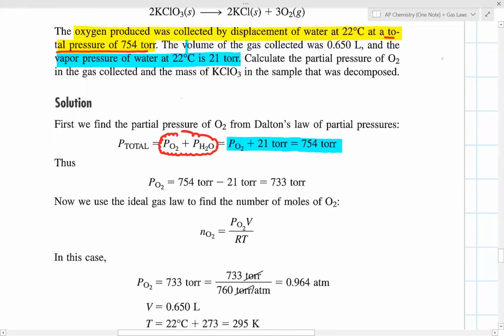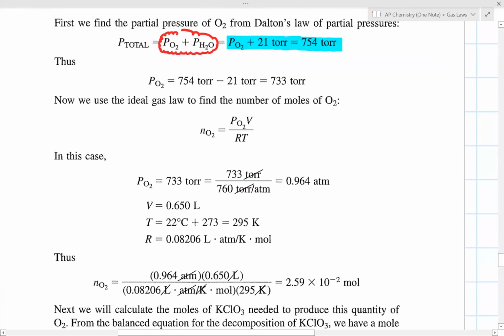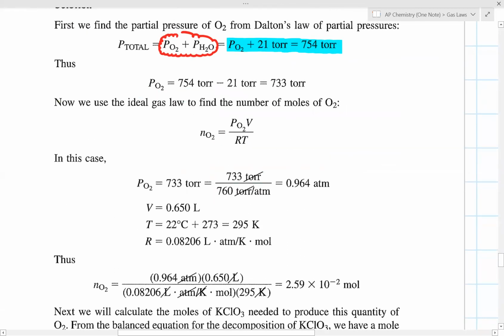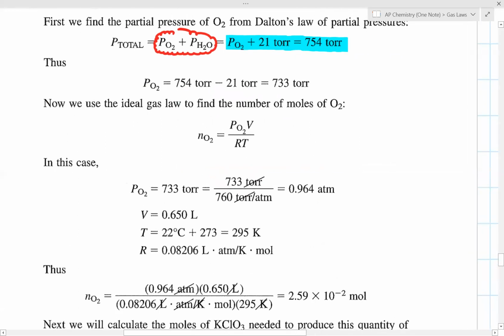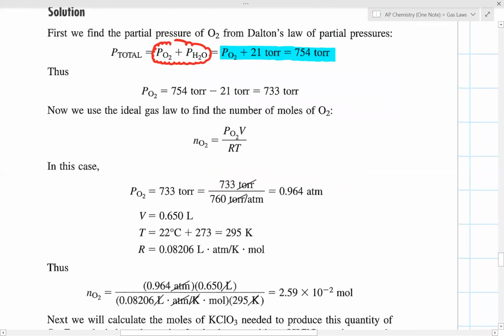And that's why they had to do a correction before they were able to find the number of moles of oxygen gas. All right, that's just something I would touch upon while we're talking about partial pressures. Okay, now,